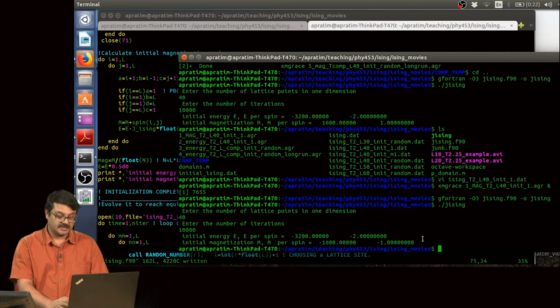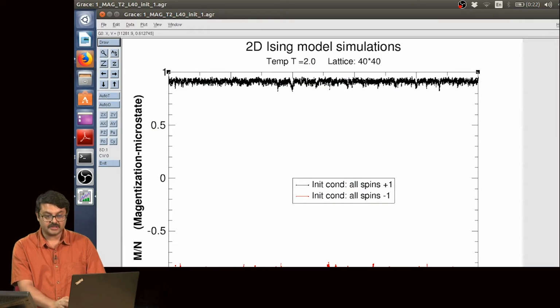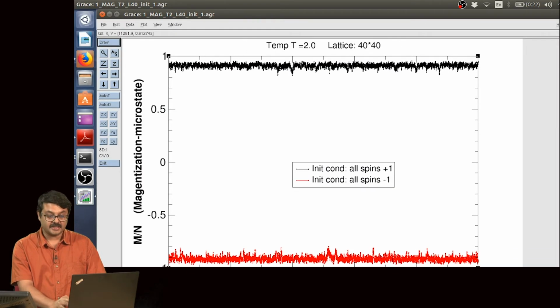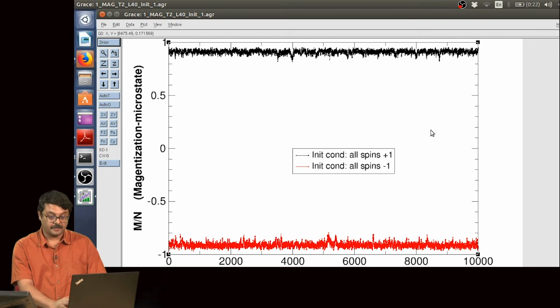This is the initial condition. Now, if we look at the data and plot the magnetization starting out from the initial conditions where all spins are -1, it is this red graph. So, when we started out with the configuration where all spins were pointing up, then basically the magnetization per spin